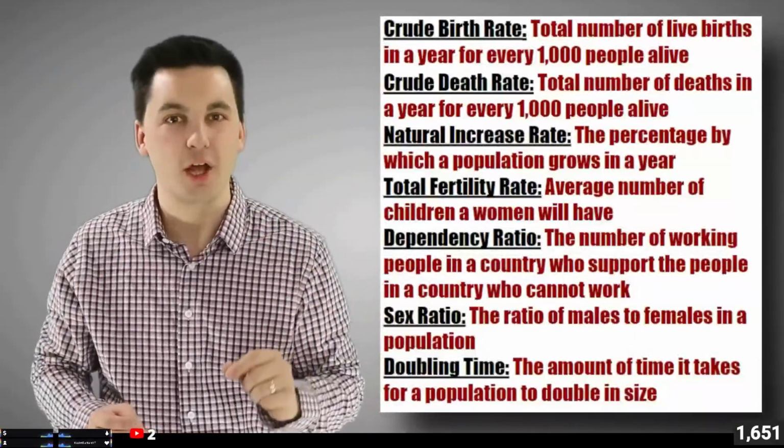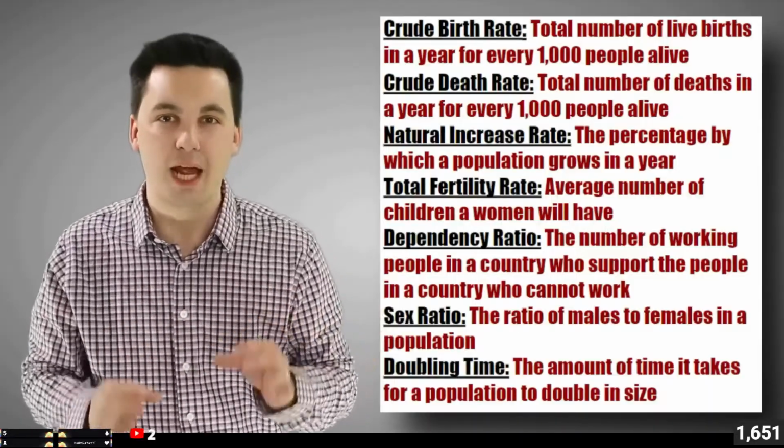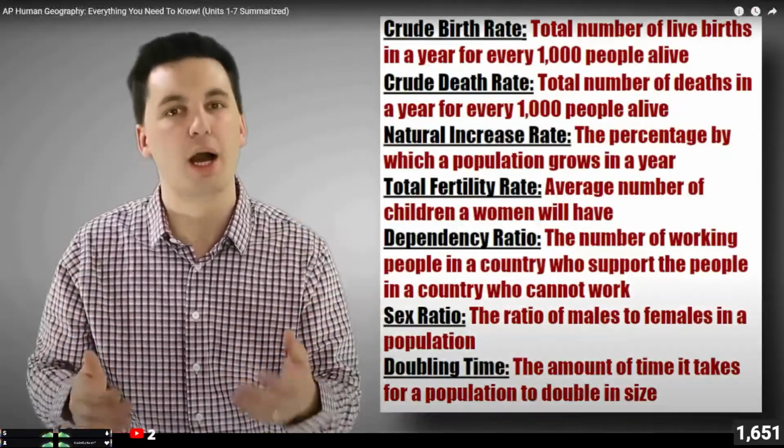But next for this unit, it's going to be important that you review some vocabulary. You want to make sure you understand the different ways we could look at population, whether we're talking about a country's CBR, a CDR, the NIR, their growth rate overall, if we're looking at our sex ratios, the doubling time, or also our dependency ratio. It's important for you to understand when we're looking at population.